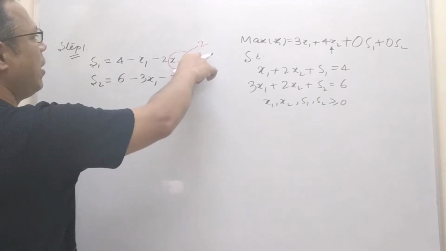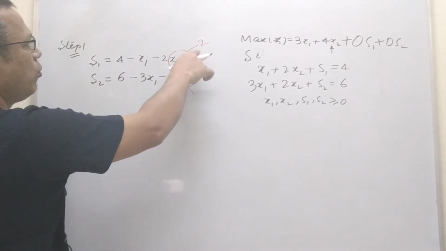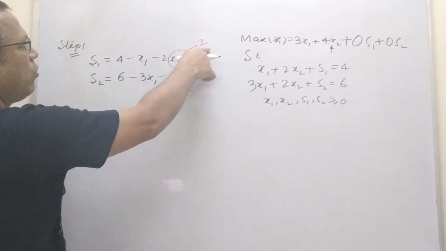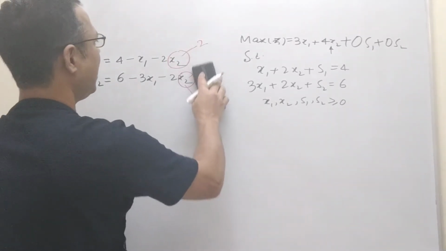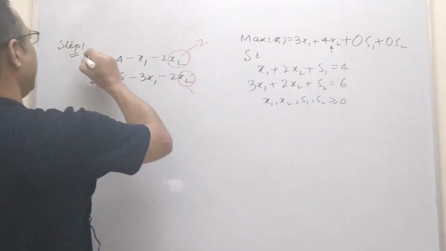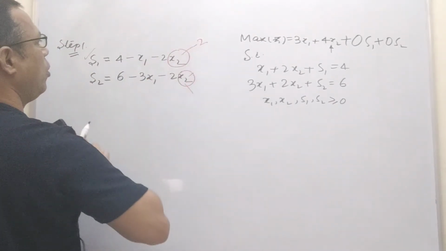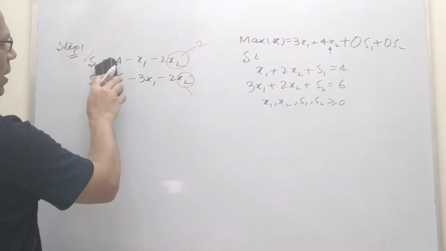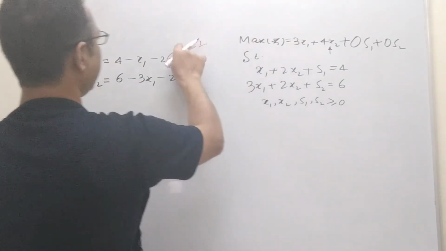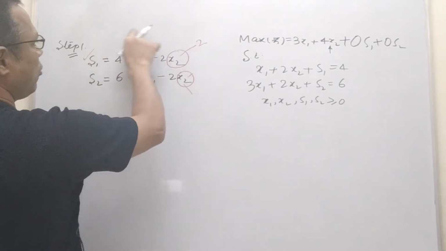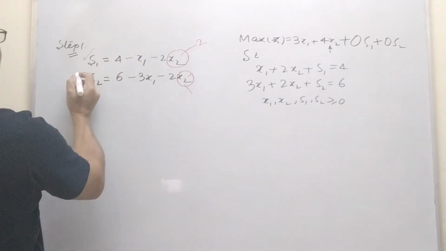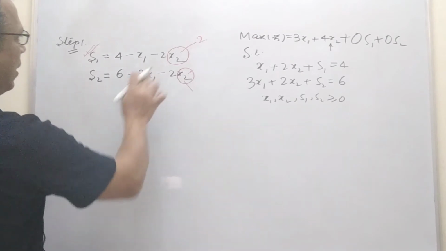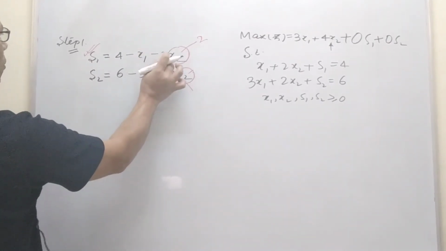So which value are you going to consider here? x2 is equal to 2 only, because out of these 2 and 3, 2 is the least positive value. So we can only consider x2 is equal to 2. Under this variable you consider x2 is equal to 2, and here S1 is going to leave the basis. It means x2 is going to enter into the basis and S1 is going to leave the basis. So here we will consider this equation first; it is important, so we will solve this equation first.